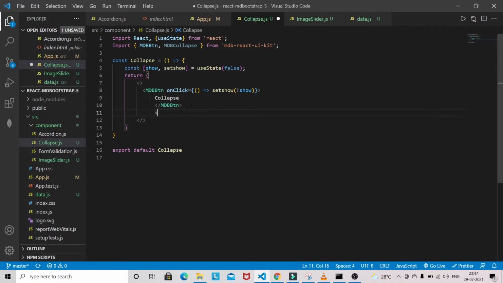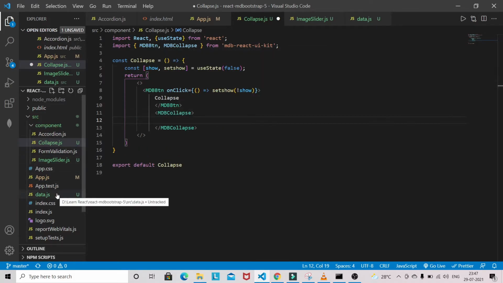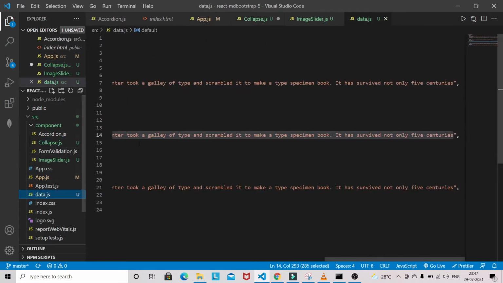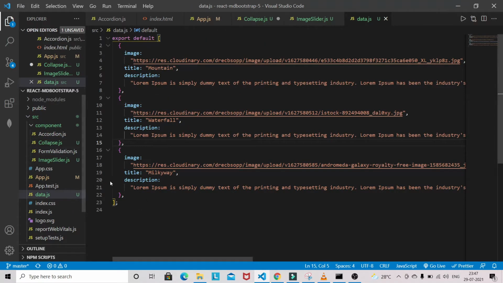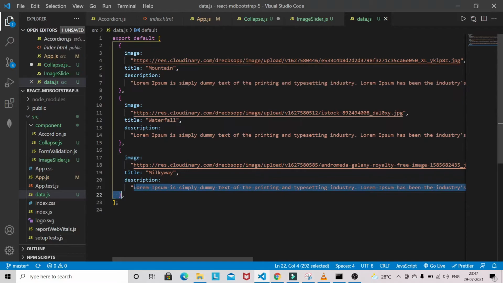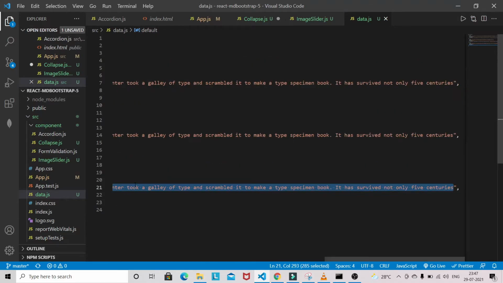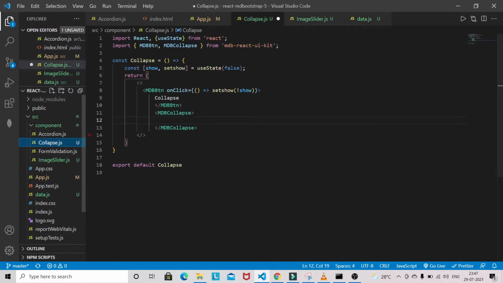We need to use this MDBCollapse, and inside that I'm just going to copy some dummy data. I already have this data.js file, and I'm just going to copy this description. Let's go into the collapse.